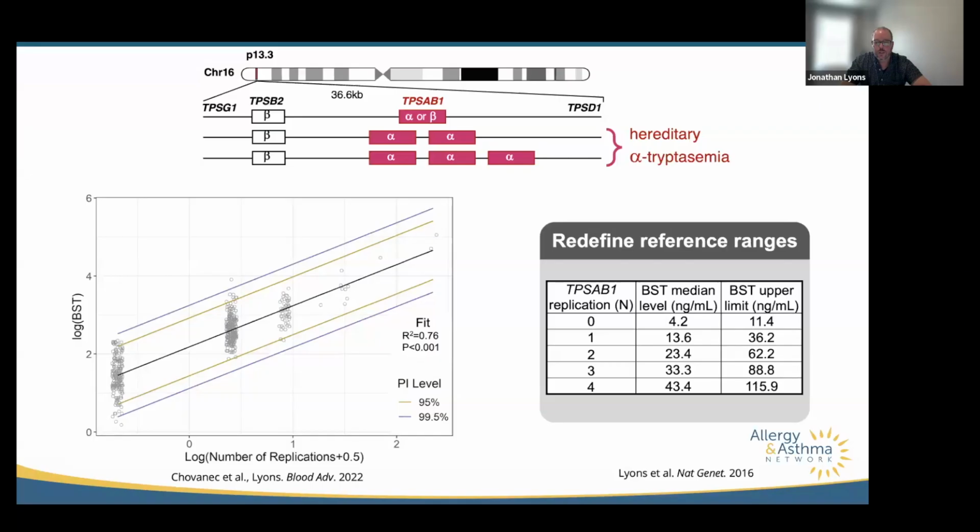So based on these, we were able to identify new upper limits of normal, and quite fortuitously, actually, the upper limit for people without replications is actually 11.4. And I say fortuitously because most clinical laboratories report the upper limit of normal as 11.4. And I can get into the back of the napkin dumb luck math that got those levels to actually be the same. But it just has to do with the prevalence of HAT in the general population and how these clinical laboratories pseudo-normalize data.